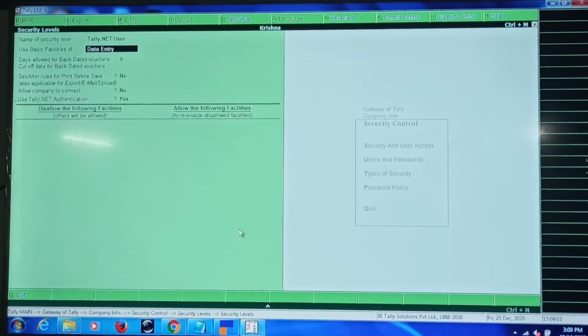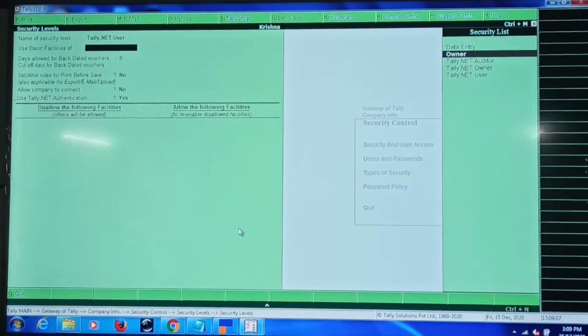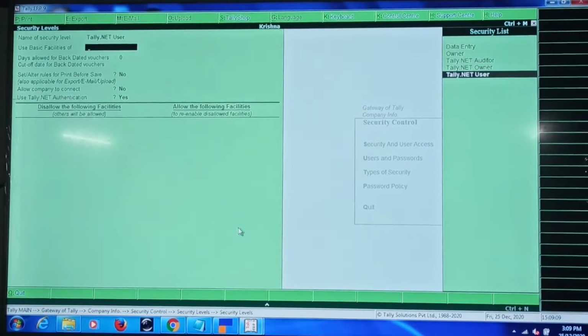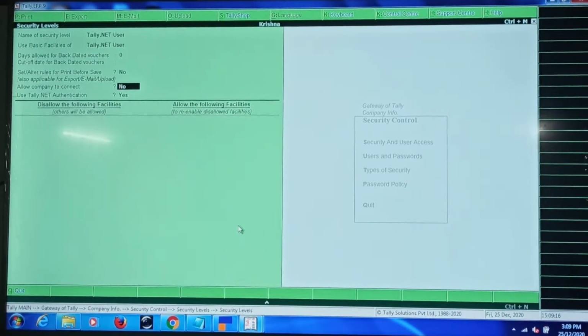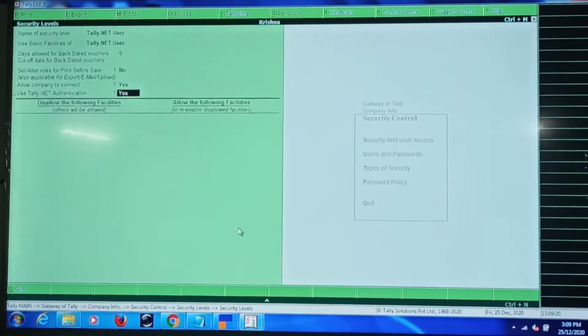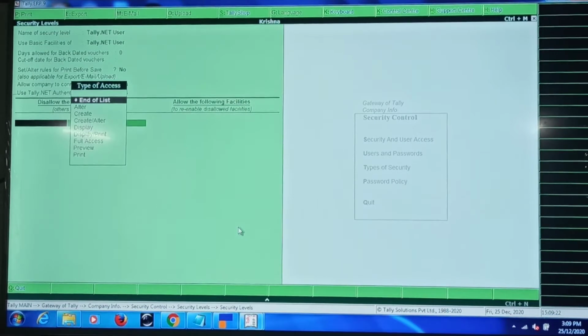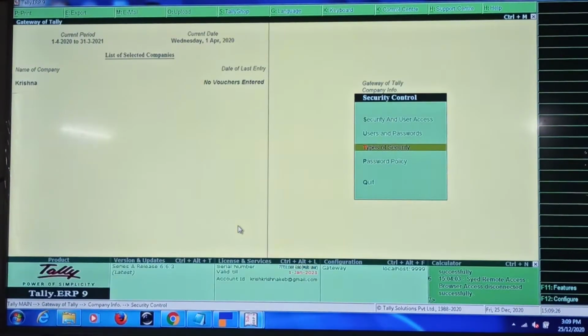Here, instead of the default data entry, we are supposed to select Tally.net user. Then we enable the option allow company to connect as yes. As I don't want to give any restrictions, I just press Control A, again Control A.